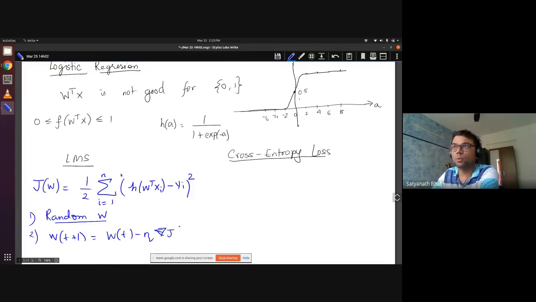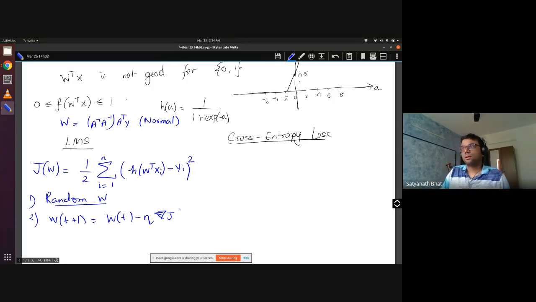So there are two approaches to solve regression problem. One is you do (A transpose A) inverse, A transpose Y, right? This is your W. This is one way. This is the normal equation, right? This kind of a thing does not exist for LMS. So that's why you are using gradient descent. So this gradient you can take and you will get something. Okay, so this is one. Now I will show you another method, and then I will ask you which of the two methods you will use. Okay, so another method is okay.